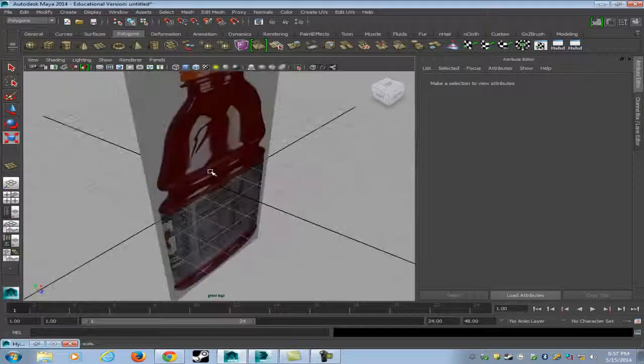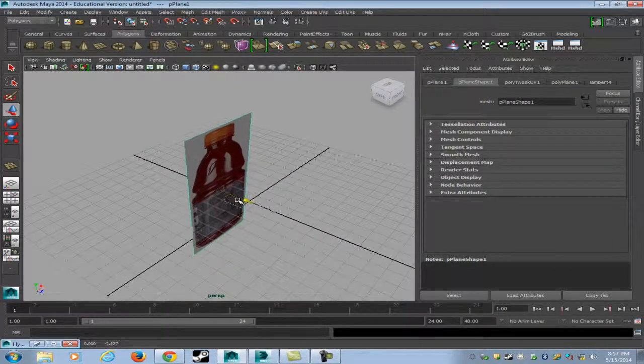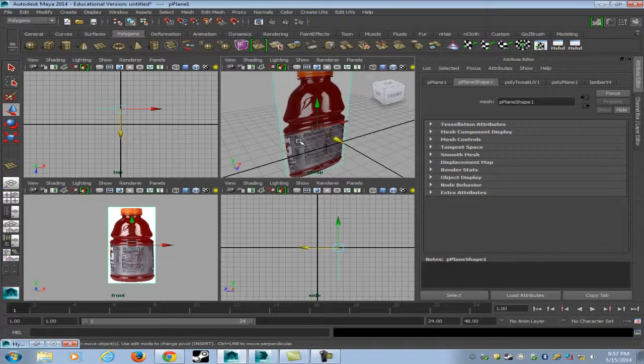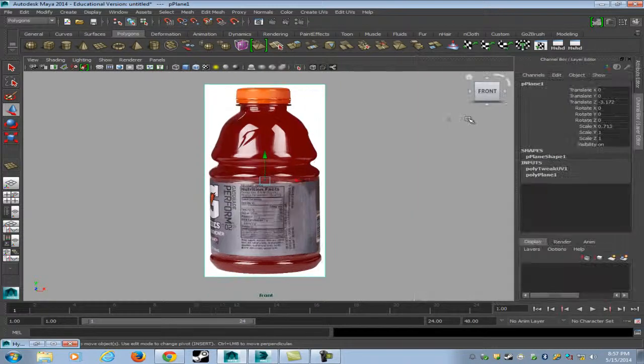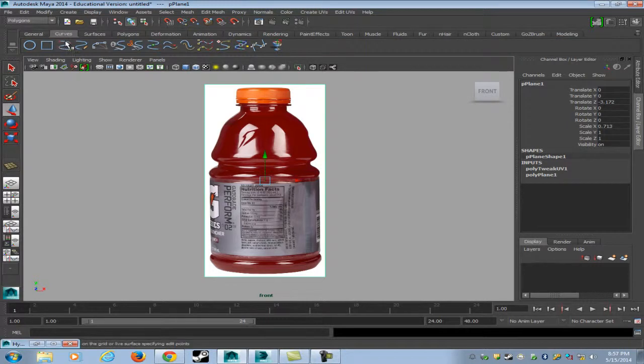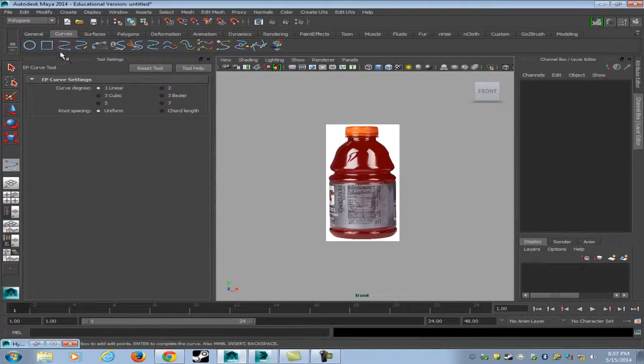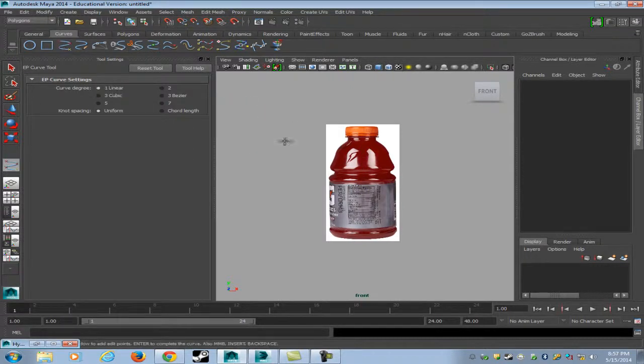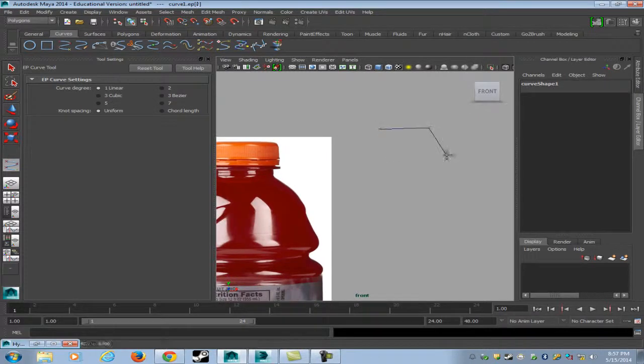Spacebar. Select this. I'm going to push it back just a little bit so that when I draw my curve, it's not right on top. Spacebar, spacebar. Control A to get rid of that so I see the transforms. I'm going to come in here to curves. I'm going to double click on EP curve, and normally it's going to be set to 3 cubic, which will give you a real curved look, which I don't want. I want a linear, so that's going to give me straight lines like this. I'd rather work with that. So come back here, linear,